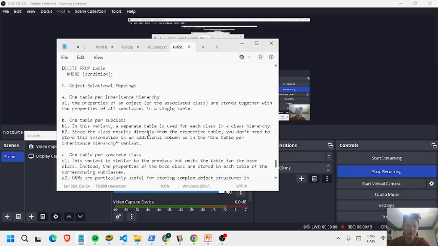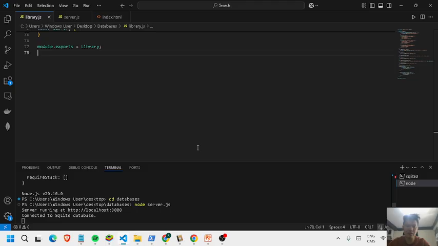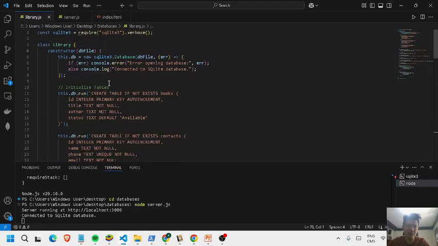To the last part of database. So we'll continue with object relational mappings, but I'll show you first the minimized code to implement